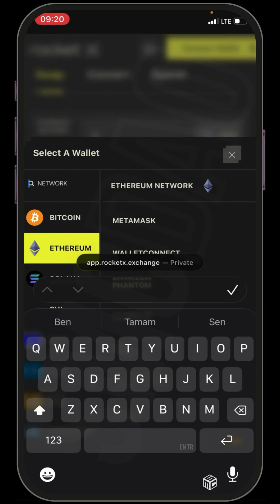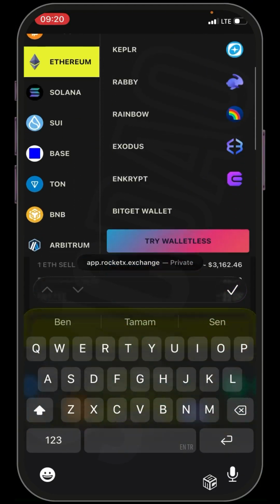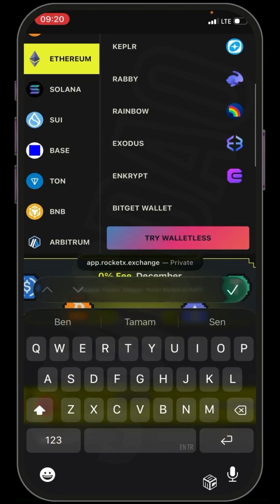So don't fret in case you could see different wallets. Don't fret in case you don't find your own wallet. You could just click try walletless and you can swap without connecting your wallet. That's one spectacular thing about this, okay? So once you're done connecting your wallet,